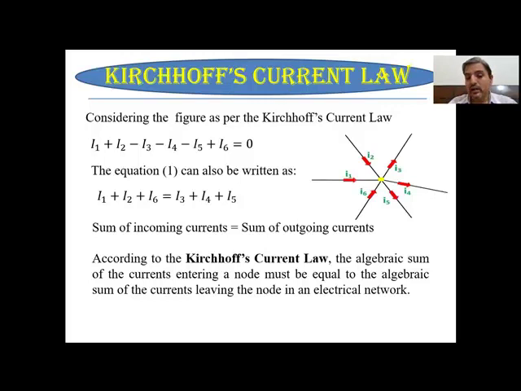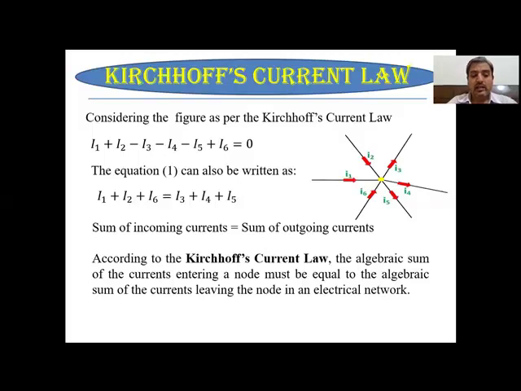I5 is an outgoing current, so minus I5, and finally I6 is an incoming current, so plus I6. According to this notation, the equation becomes I1 plus I2 minus I3 minus I4 minus I5 plus I6 is equal to 0. If we segregate the positive and negative terms on the left and right hand sides, we get another equation written as I1 plus I2 plus I6 is equal to I3 plus I4